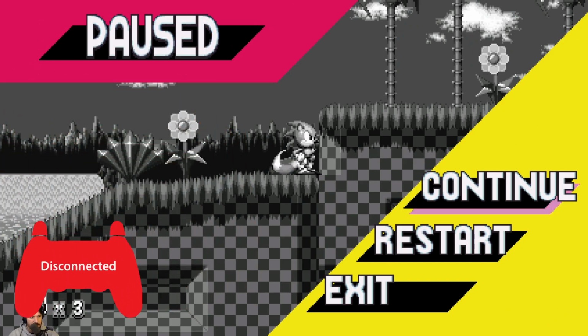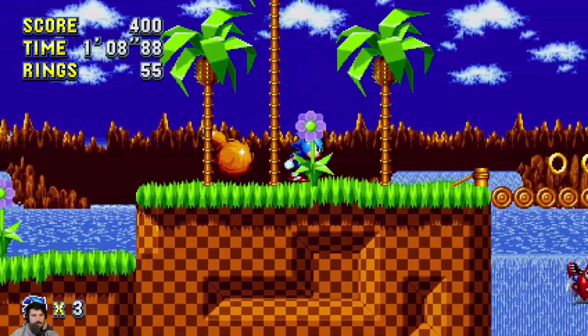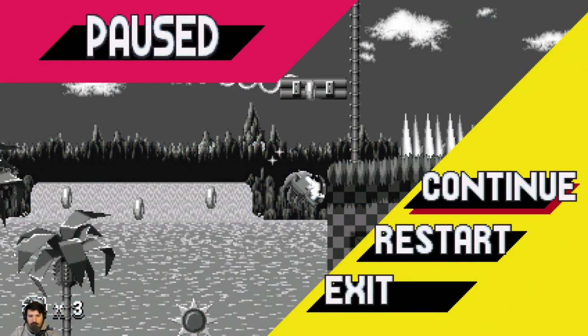It might be doing something funky with the... It's not detecting my controller, unfortunately. Sorry. And I don't want to fuck with the controller too much because of this. Yeah, I don't have any reliable way, unless there's...